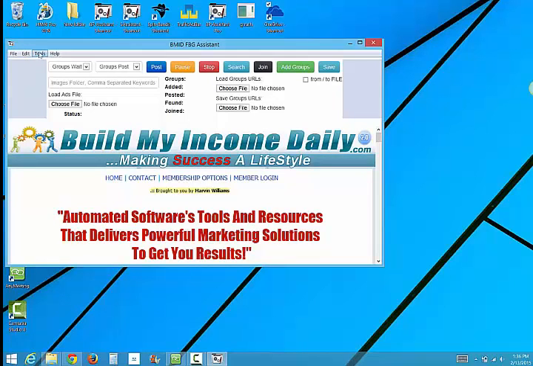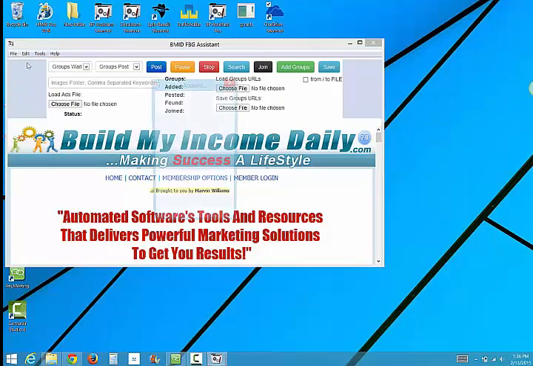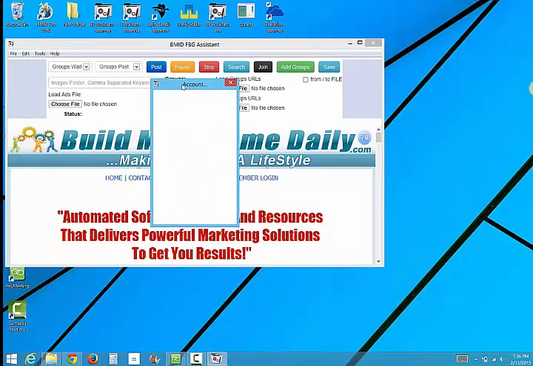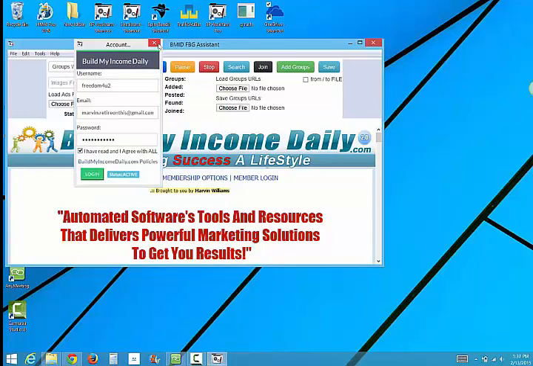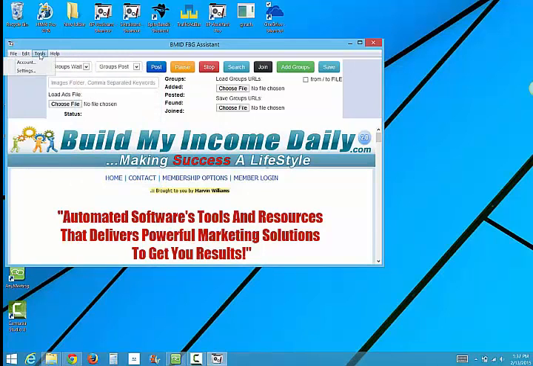So what you would do is go up into the top menu, right where it says File, Edit, Tools, Help. You're going to go to where it says Tools. And like I said before, if this is the first time you're logging in using the software, you're going to have to log in to your BMID account. You put in your username that's associated with the Build My Income Daily account, your email address, your password, and then you agree to the terms of service here and you click login. Okay. Once you do that, you should be able to start using the software. You just go back into Tools, Settings,